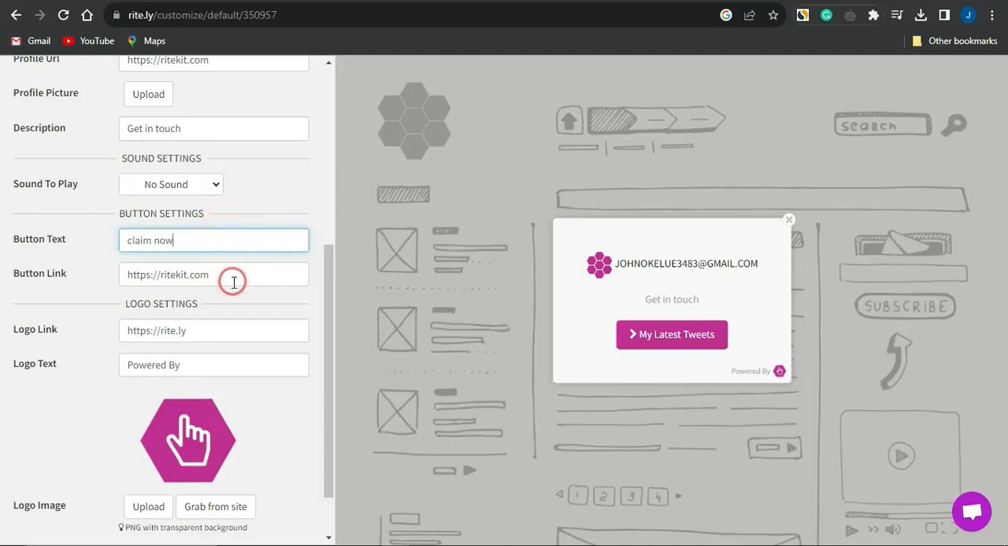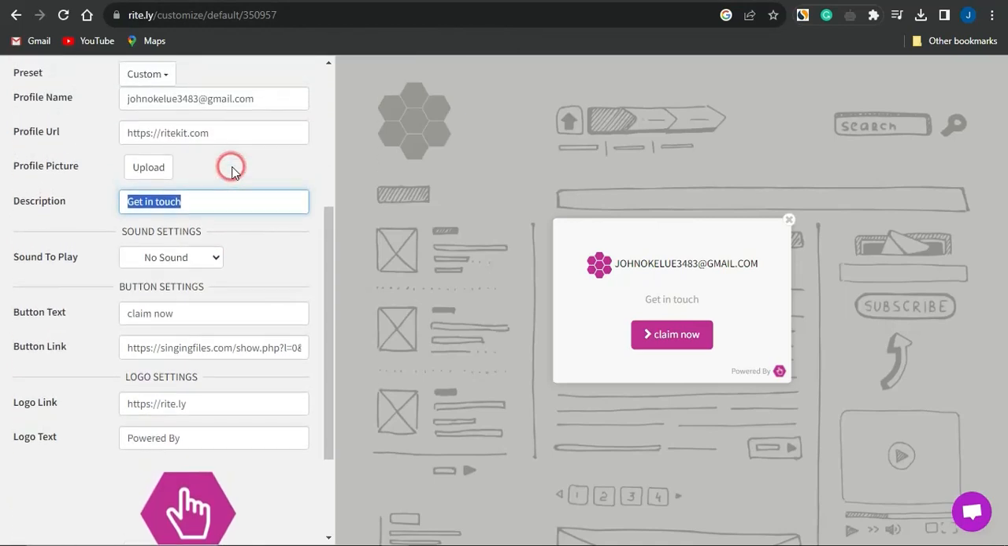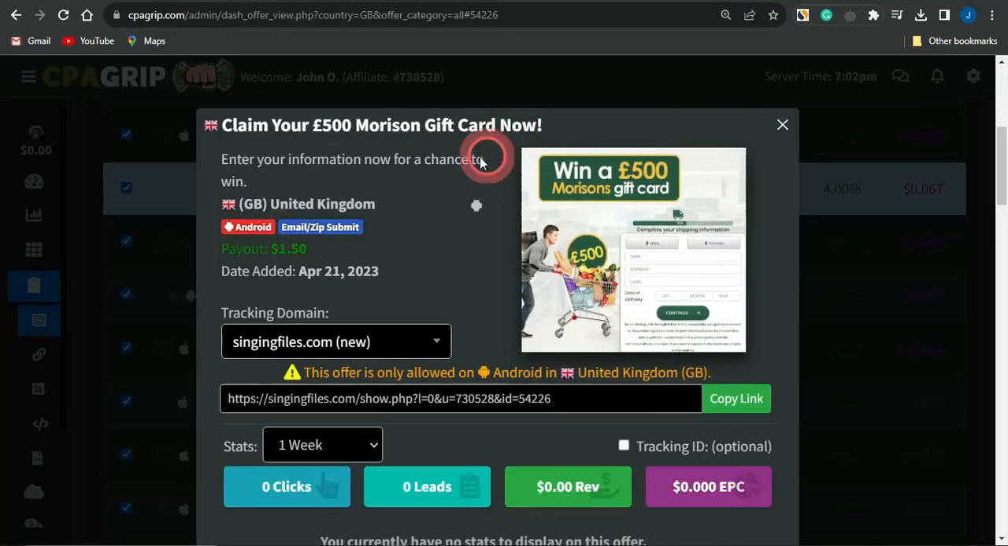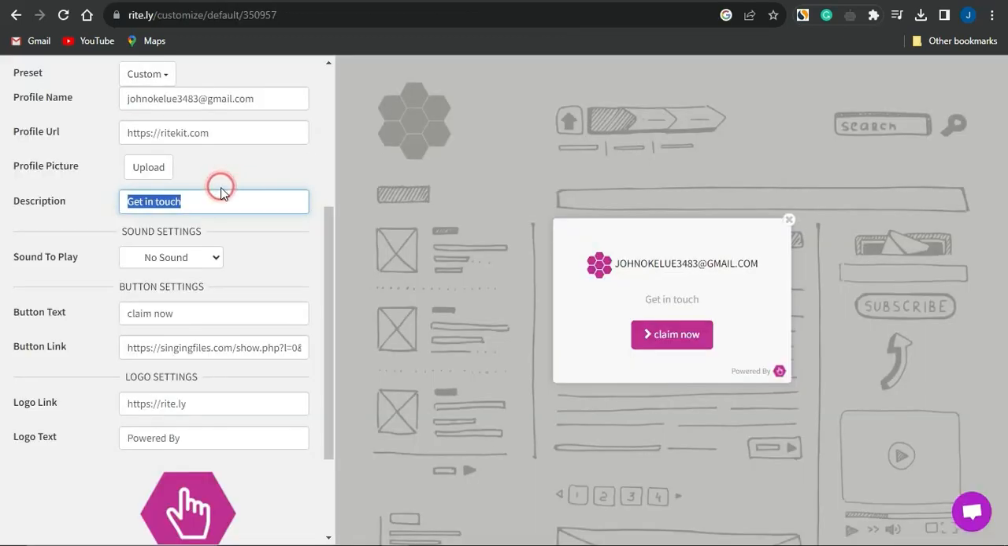So once that is done, for the button link, you want to make sure that that is the link to your CPA marketing offer. Do paste that in that section. For this description, you can go on to describing this offer a little more. Maybe I'm just going to go to CPAGRIP right here, copy this particular description, head back to Rightly, and paste that in